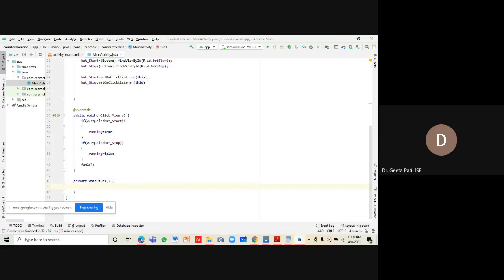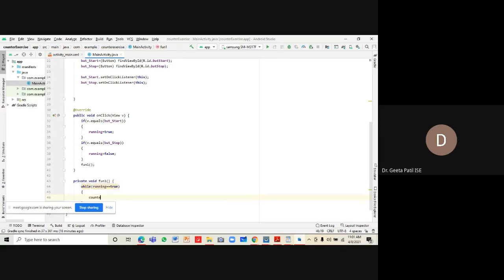Now in this fun1 function, what do I want to do? I want to do while running. While this boolean variable running is true, we perform a certain activity.